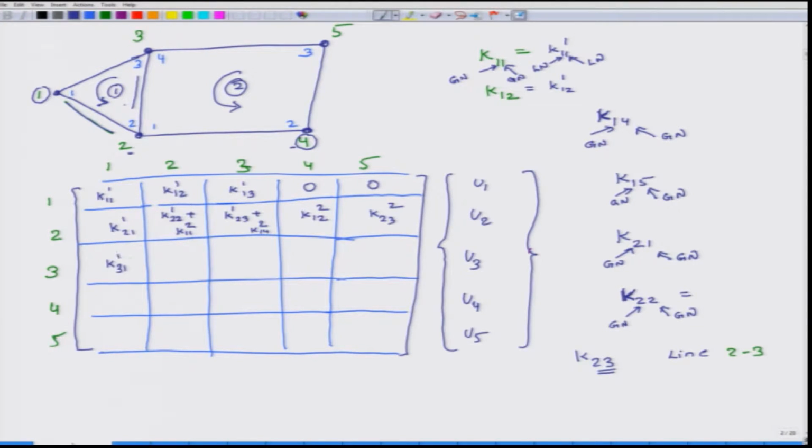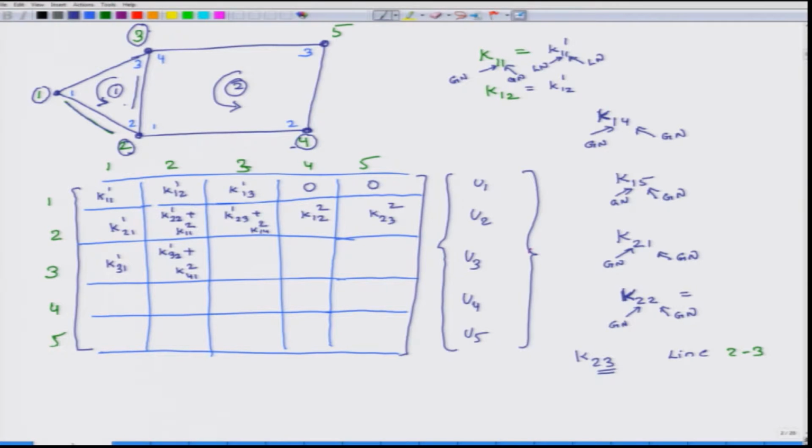So, I get K311. So K31 is, and then K32 is a line which is common, K32, 3 and 2. This line is common to nodes 1 and 2, so I will get contributions from both, and this will be K321 from the first element plus K412 from the second element, and then finally I have K33, which is related to the third global node itself.